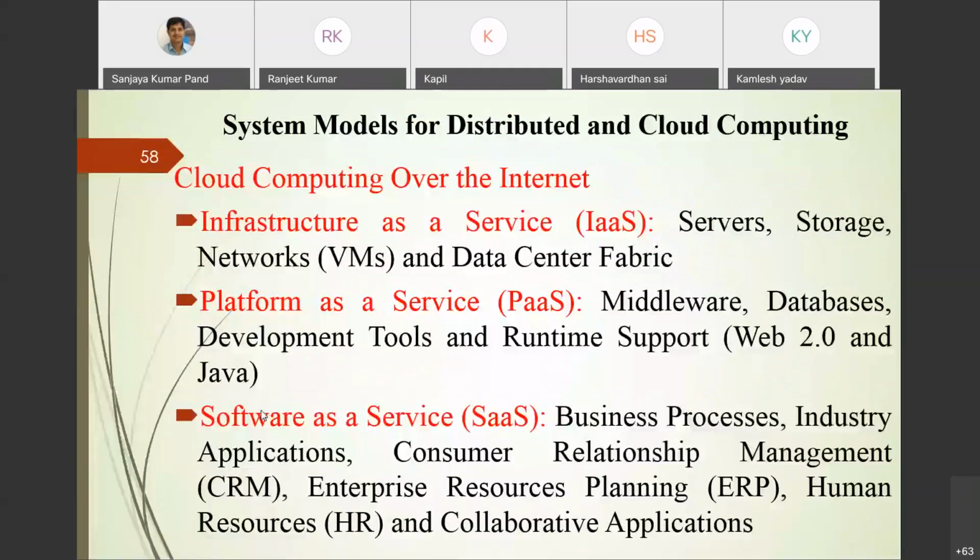The last one is software as a service, the very famous Gmail or Flickr, which you are using as software as a service. Software as a service is used by various organizations, like if you require customer relationship management or enterprise resource planning, many organizations are heading towards SaaS. SaaS generates more revenue in comparison to IaaS and PaaS, and IaaS is in the second position. But during a situation like COVID-19, we are expecting that